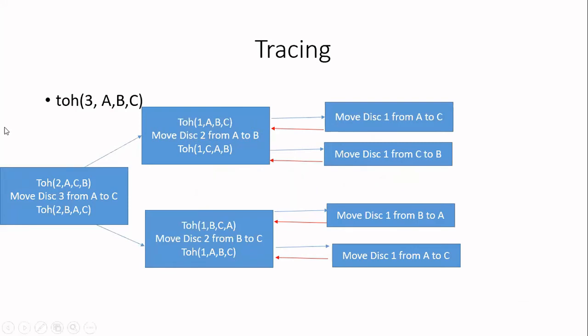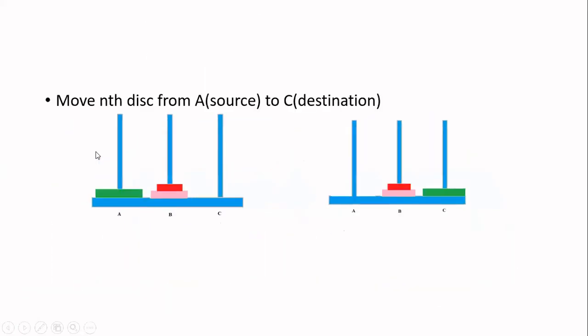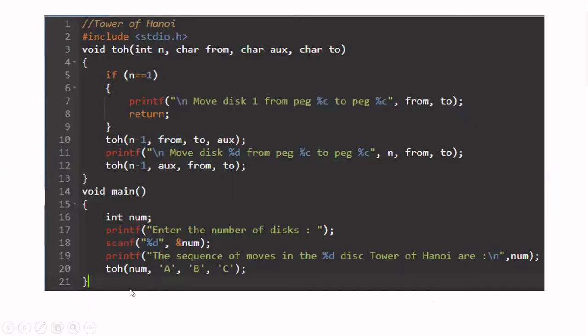Okay. So now when you call for the first time, the order is A, B, and C: source, auxiliary, and then destination. So when you call this function, what is happening when the function tower of Hanoi is called? The control goes here. Now three steps you will have. If n is equal to 0, it is over. If not, you will have three steps. Now this only we are going to see now.